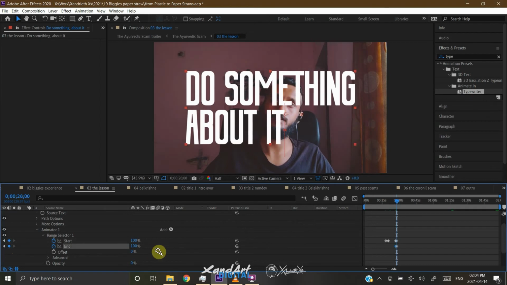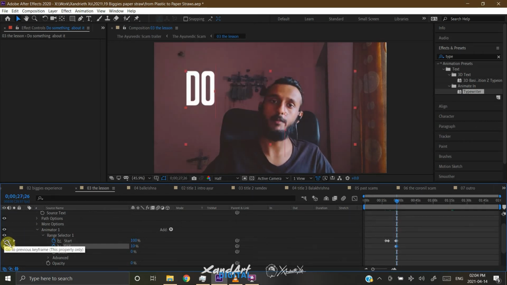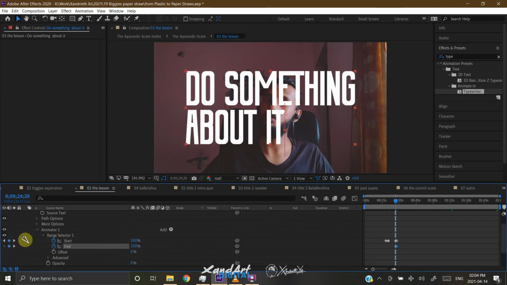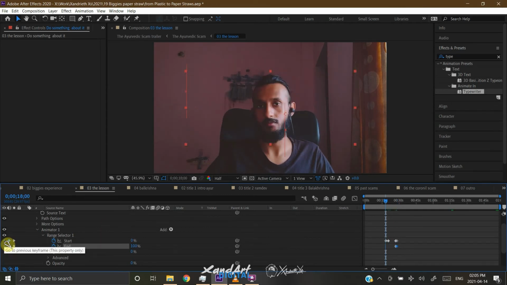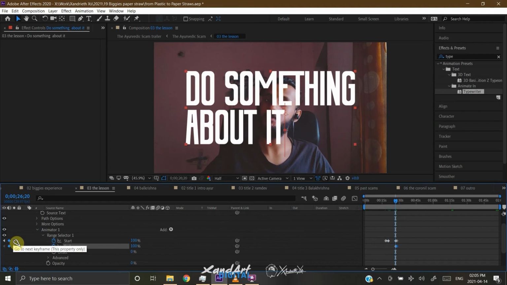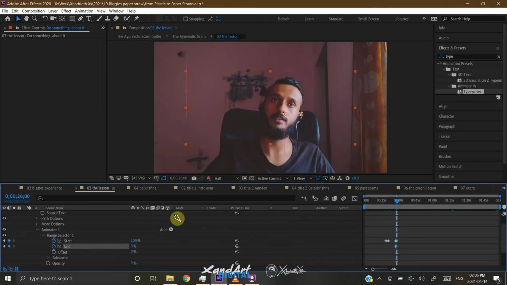In the range selector, you can experiment a little more. You can add more keyframes, you can modify the keyframes, you can slow it down. This depends on what you're looking for. It's very specific to your needs and your style, so just play with it till you get what you're looking for.